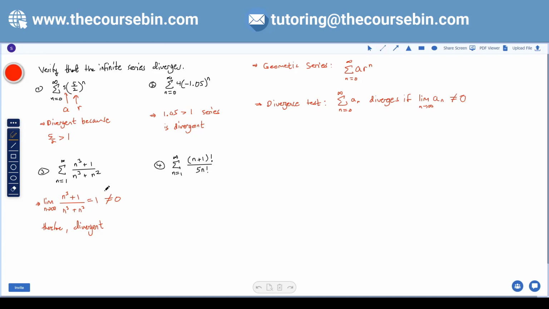Let me see. Now for number 4. So this is the thing, right? With number 4, you kind of have factorials going on there, right? So n plus 1 factorial over 5n factorial, right? So for number 4,